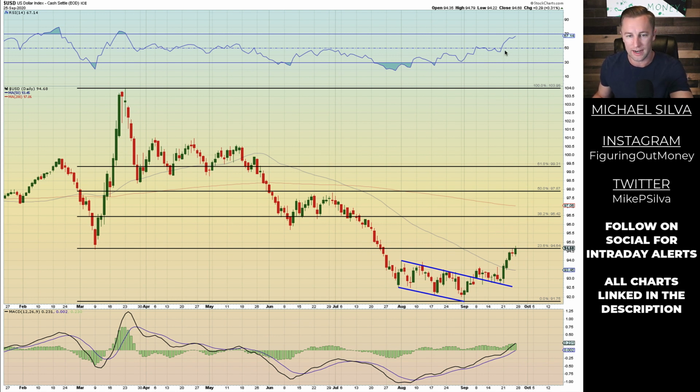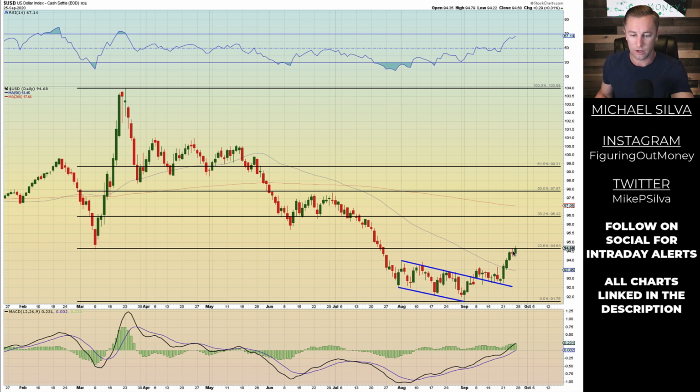When you look at the RSI, it's moving into overbought territory, and when it gets overbought, as it did here in the middle of March, you get drawdowns. Even before that, when it got overbought in the middle of February, you get drawdowns. So it hasn't been overbought since the middle of March, and we're starting to get overbought at obviously just a much, much lower level. So as far as the dollar goes, yeah, there's still some upwards momentum. The RSI indicator can stay oversold, overbought for periods of time.